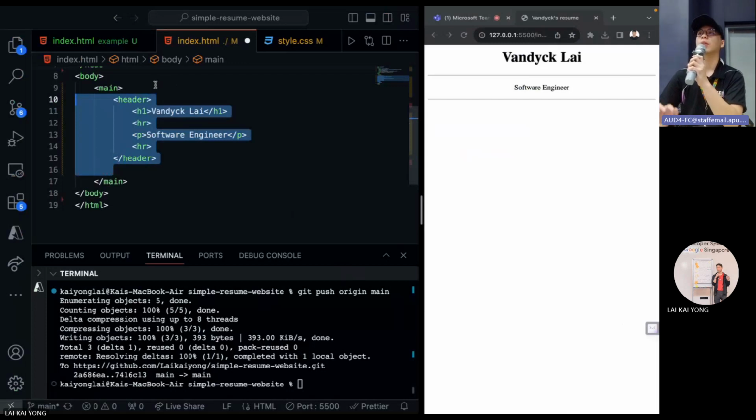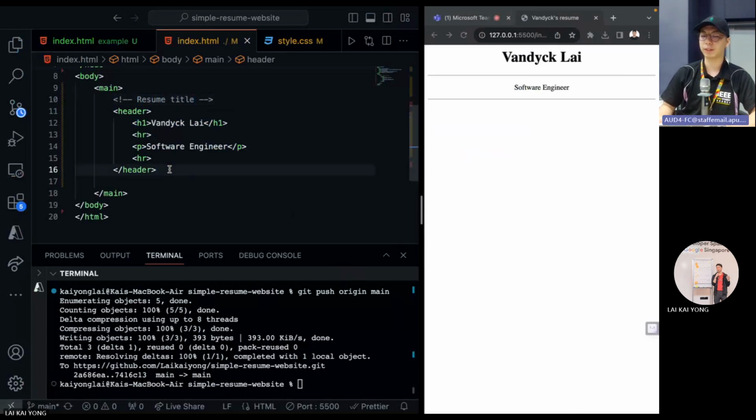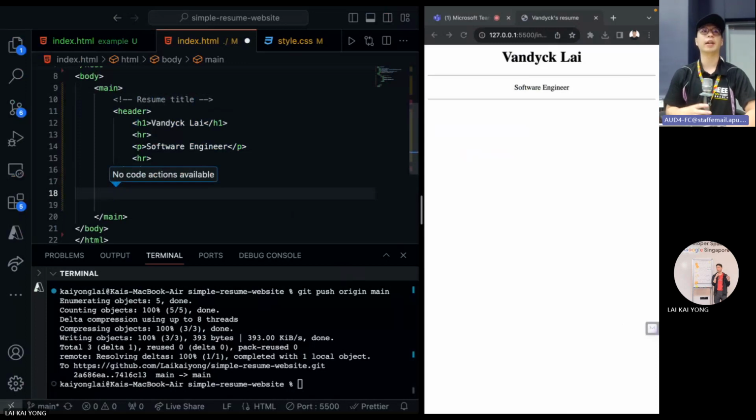to have some code comments, which code files normally have, because when you want to come back to this file, you might not know what sections you have in your code and need to understand it again. So the easiest way is to have a comment. So here, let's put: this is my resume title. And then after your header, we put